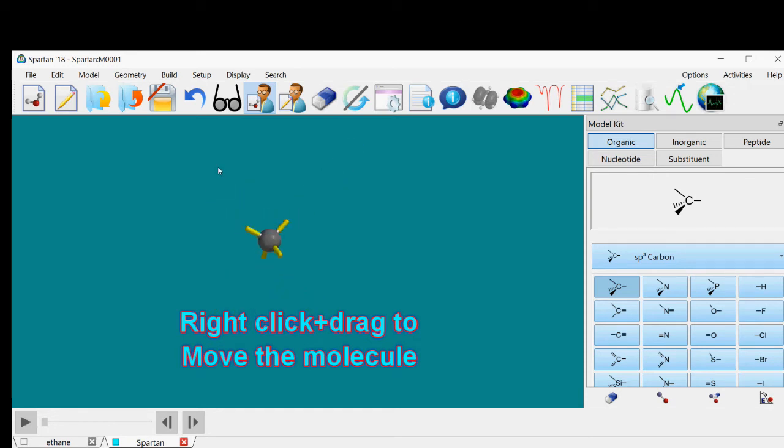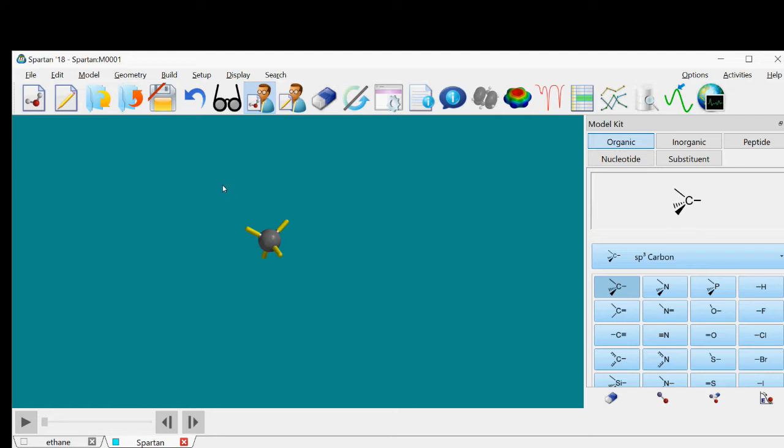All these are possible. These are the basic things you need to know before you start making your molecules. So you can practice this, and when you are comfortable, you can start building the required molecules.